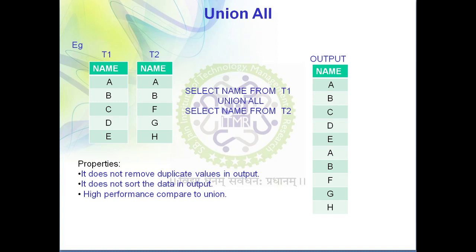In case of union all, these two operations are not there. That's why we can say that the performance of union all is better as compared to union, but it totally depends on the situation. Suppose your result wants that duplicate data to be displayed, then you should go for union all. But suppose your requirement is that duplicate data is not to be displayed in your output, then you should go for union. That means the performance is going to vary from situation to situation and depend on requirement to requirement. So I hope you understand the difference between the union operator and union all.